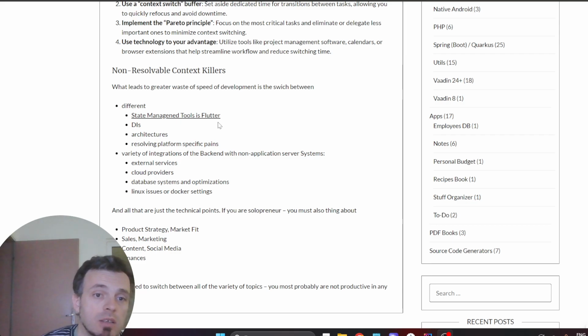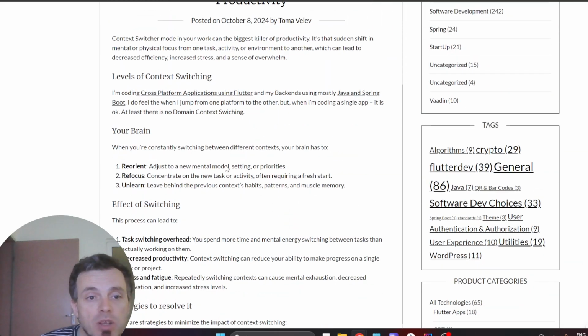the tech stacks. For example, with Flutter, if you're looking at multiple projects, you may find context switching between different state management systems, architectures, and approaches. And this is the same for the backend, with different external services, clouds, databases, having to troubleshoot issues with Docker and Linux, and basically